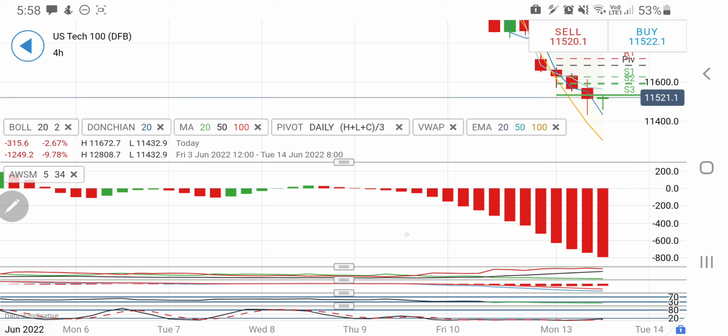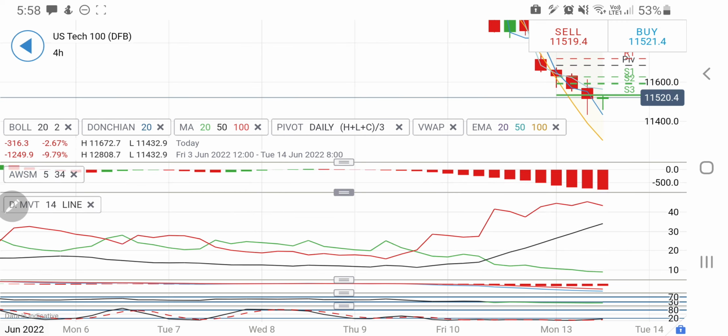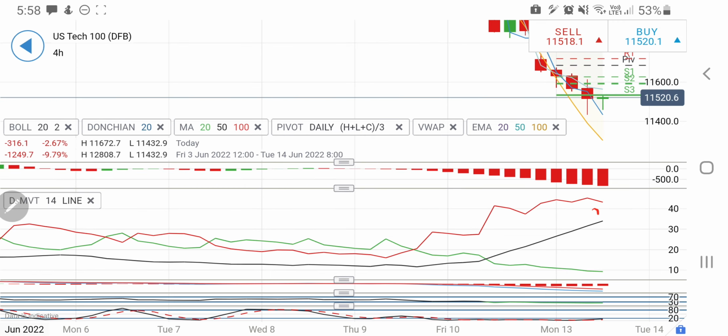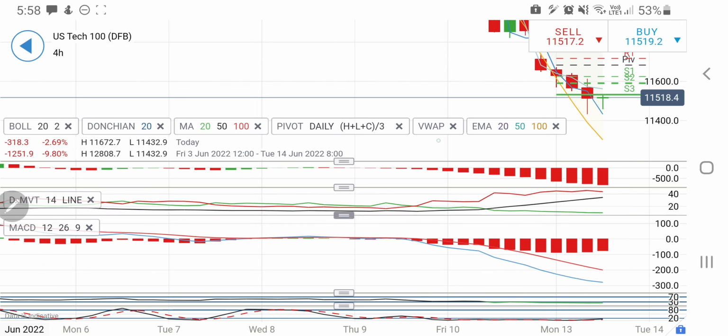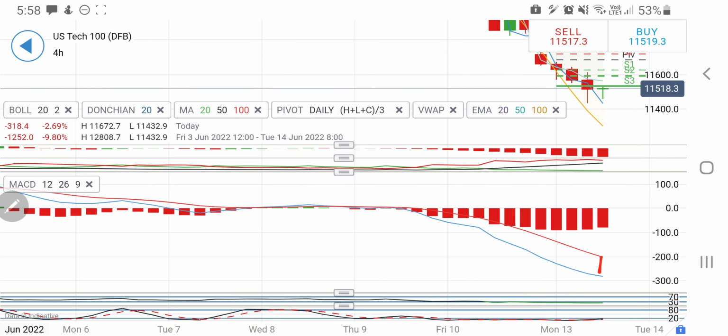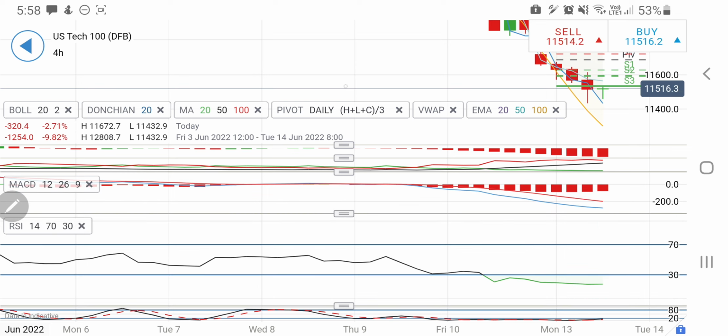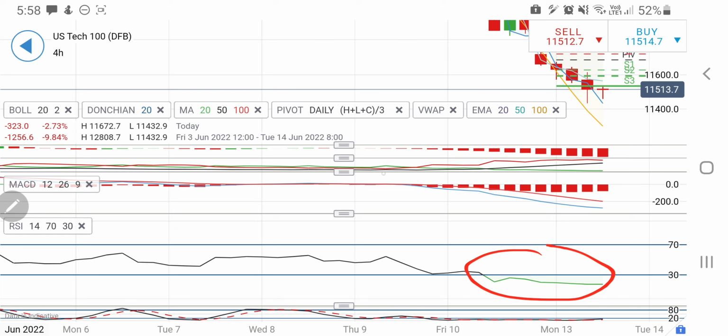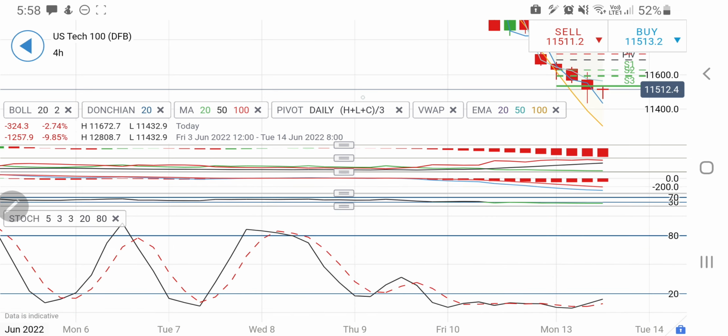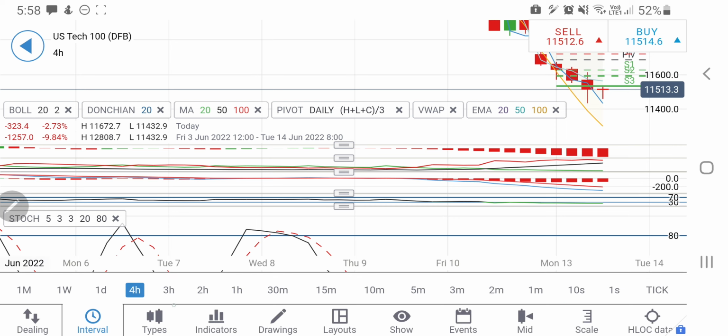And if you look at the awesome oscillator, it is trading at the extremes, and from here convergence is required. Directional movement is extremely divergent, extremely bearish, and the MACD is again trading with a bearish bias, but yes, convergence can be expected. It is still trading flat. And look at the RSI, this is oversold here. Look at the stochastic, this is also oversold here, and hence a little rise can be expected.